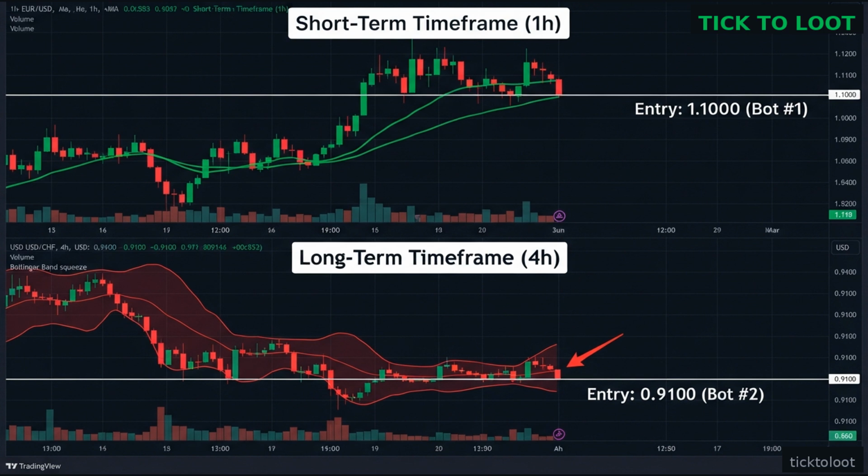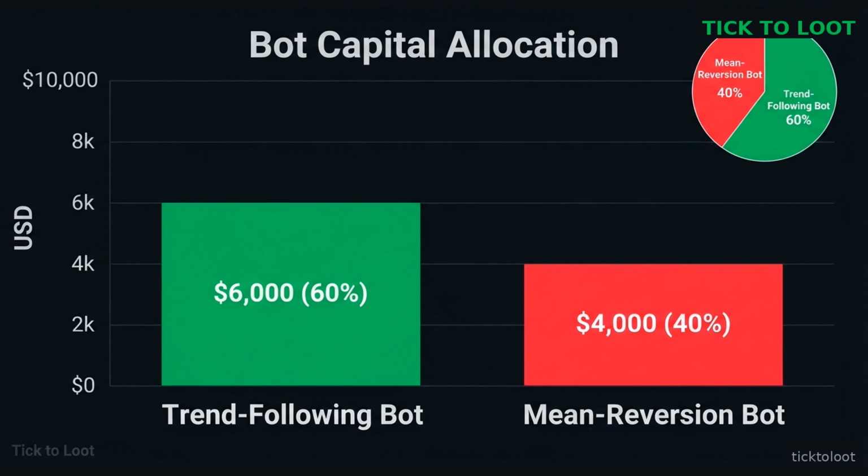With distinct time frames, you give each algorithm the space it needs to perform, turning diversification from a buzzword into a practical advantage. All right, looters, let's talk about how you actually put your money to work when you run